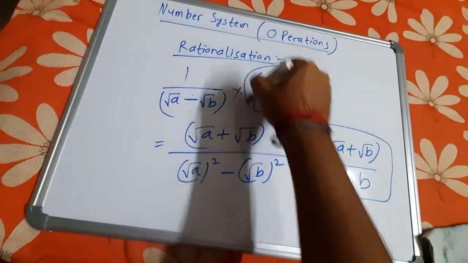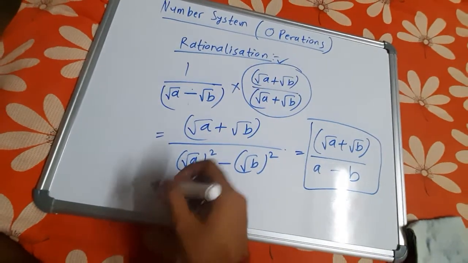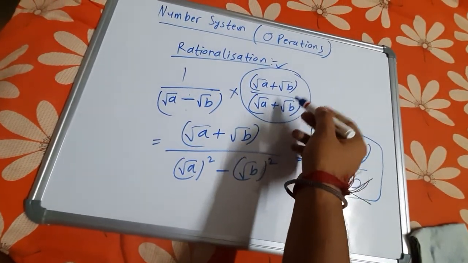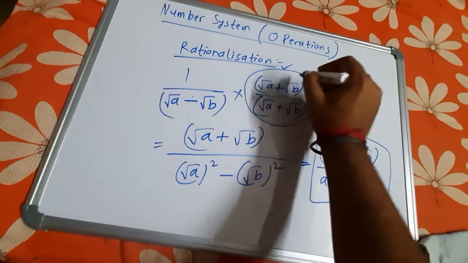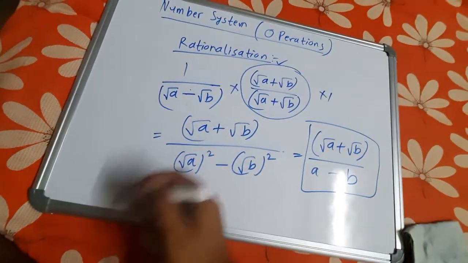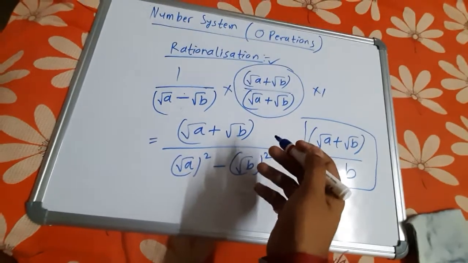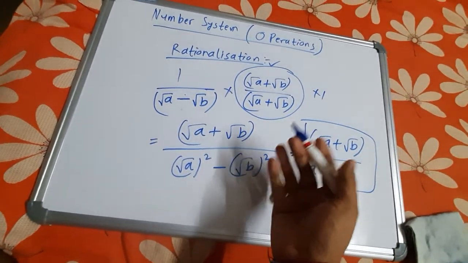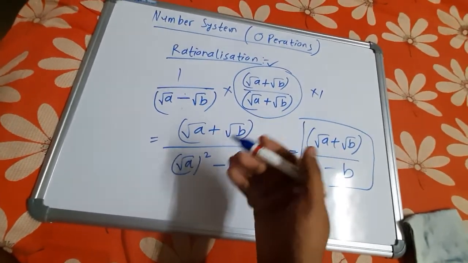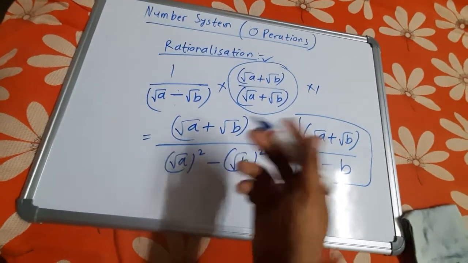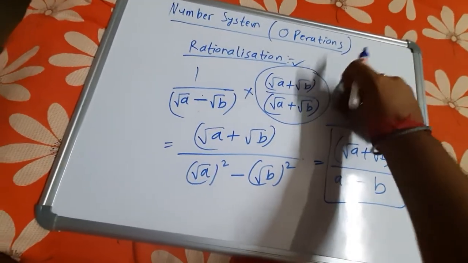Just multiplying this whole thing is actual rationalization. Why are we multiplying this thing? Why is this legal in maths? Because I can just cut this and this and it will be just 1. It is the same as multiplying with 1. I can multiply anything with 1 because if you multiply anything with 1, that number will remain as it is. That is the concept applied in rationalization.